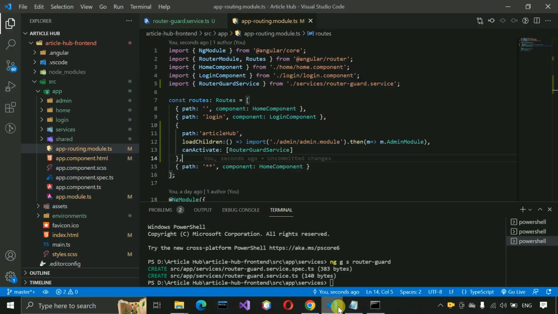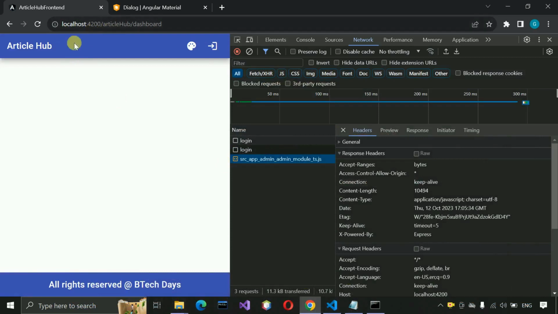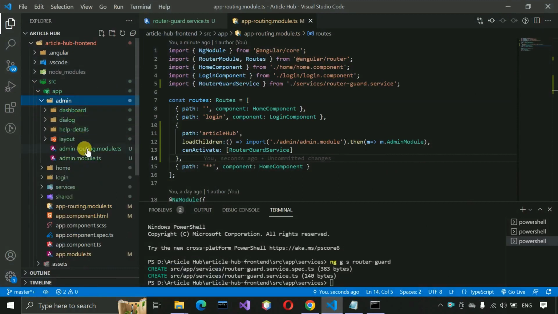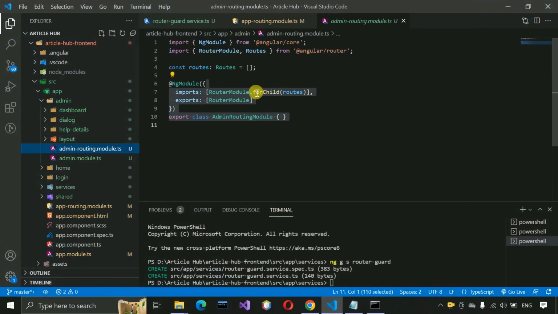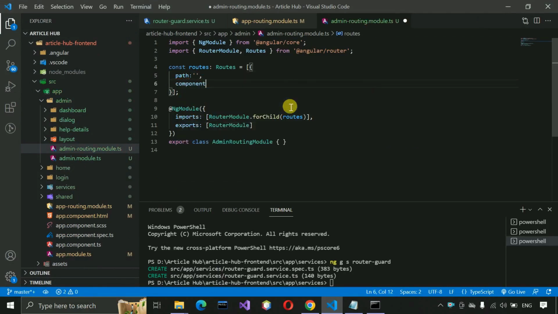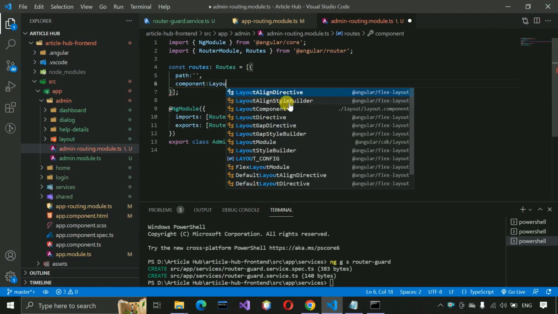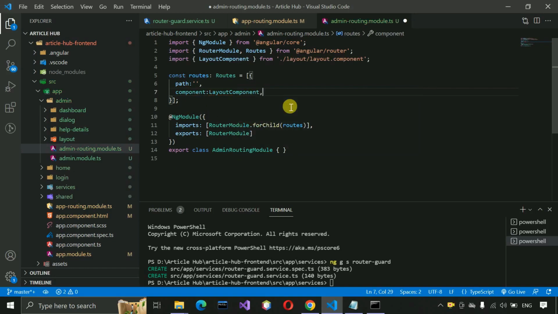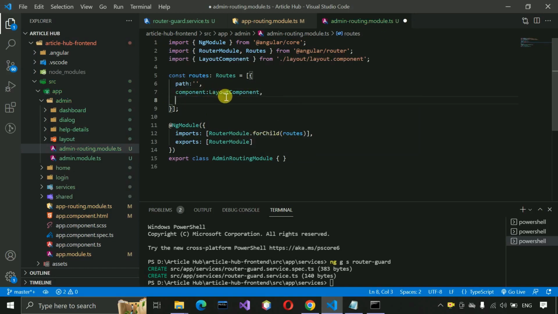Okay, so let's get back over here, as it routes to the home page, because we don't have any routing inside our admin routing, so that's why it returned to the home page. So let's write here some code related to the routing, and here path and single quotes, and after that component, and here we need to load layout component, and inside this one in the layout we are going to create the structure. Let's say in the left side we are going to show the buttons, and right side we are going to show the corresponding contents related to those buttons actually. So for that purpose we need to write here children,